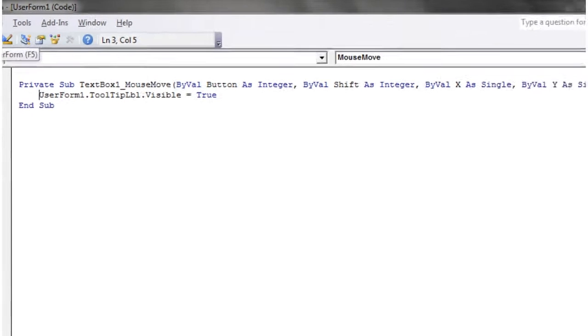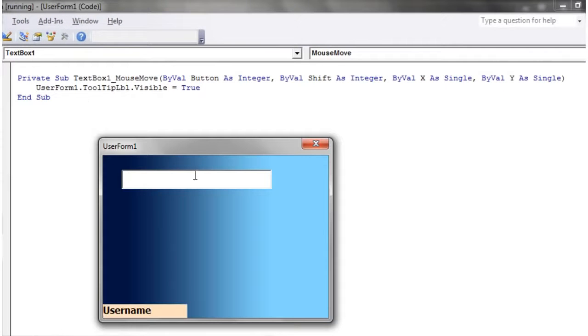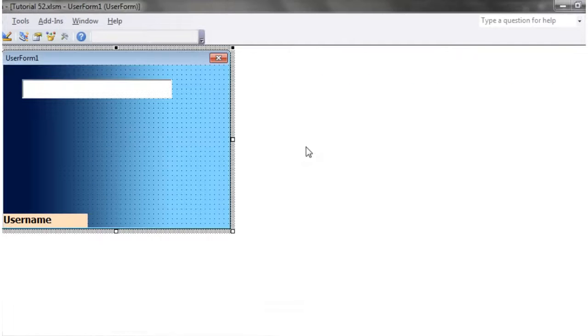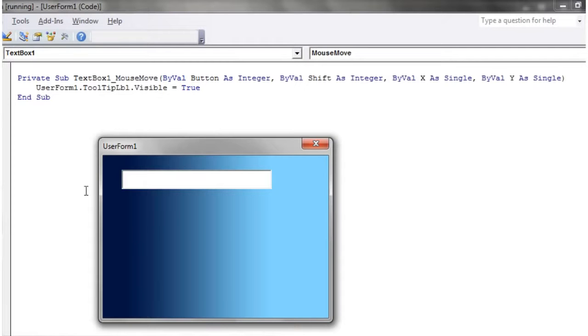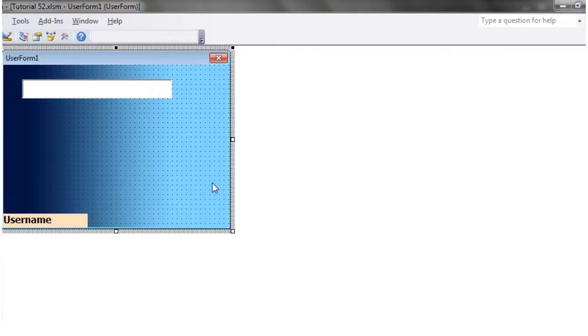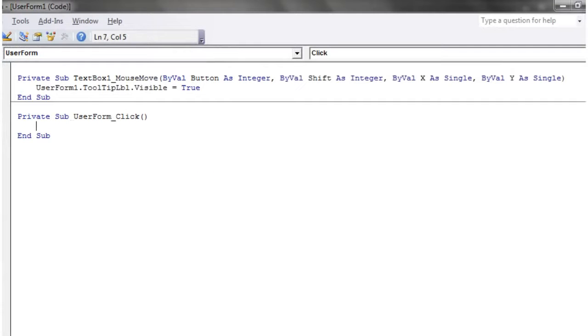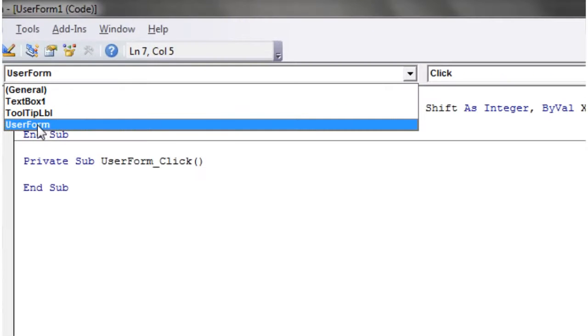So now when we press play, whenever we hover over that, it's going to come up with a username. Let me just show you that again. So at the moment it's not there, and then as soon as you hover over it, it turns up. What we actually want this one to do in particular is when we come off of it, it goes away again. So in order to do that, let's just go into our user form code,